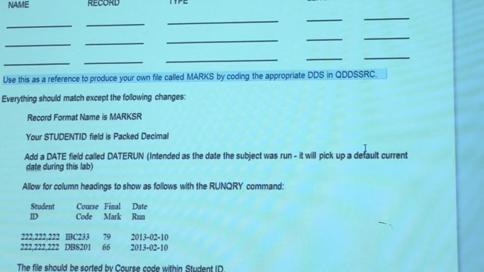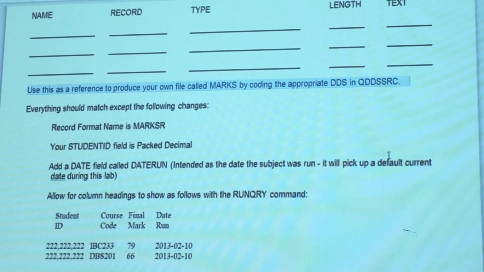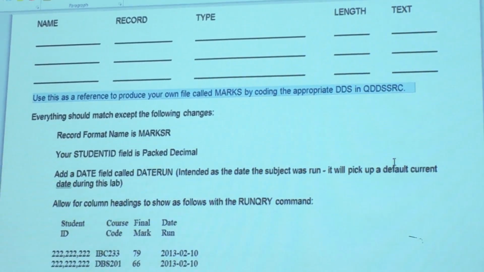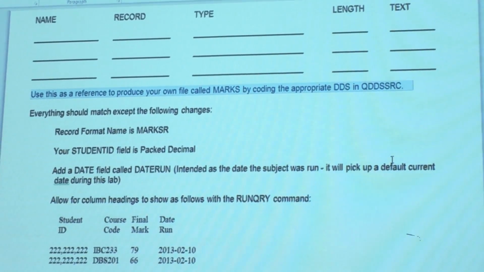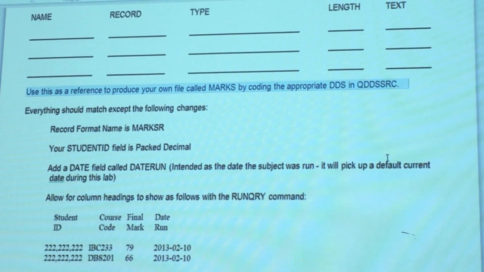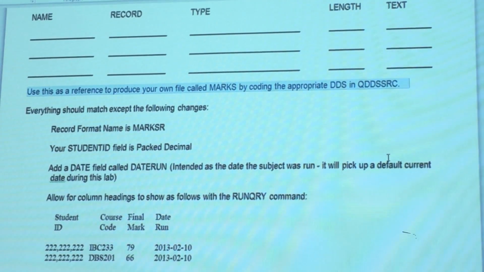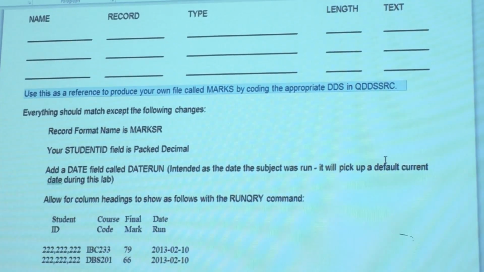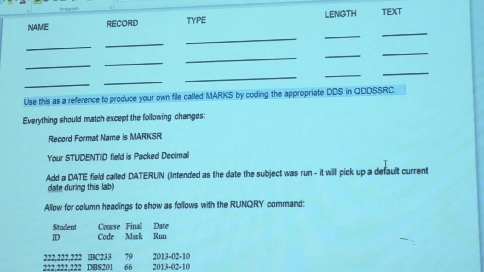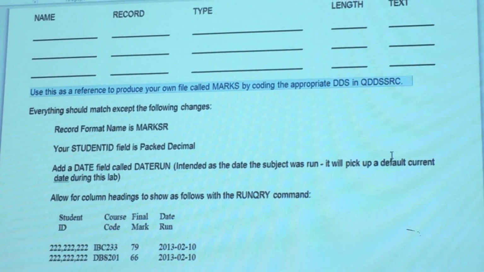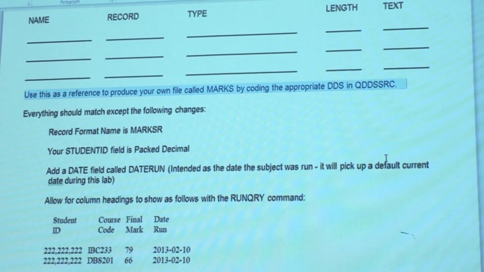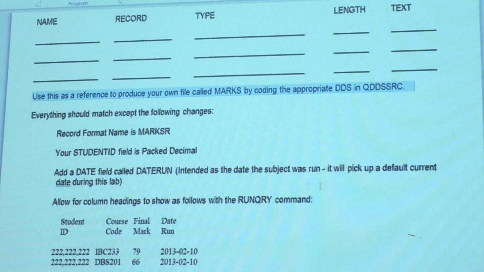Then you come here, right there. It's a good practice before the test. It says use the above as a reference to produce your own file called marks. Create this. It says write the DDS for marks. The record name, the R part, put marks SR. Student ID now should be packed, instead of before, when it was not packed. So it asks you to create that one. After you create marks,